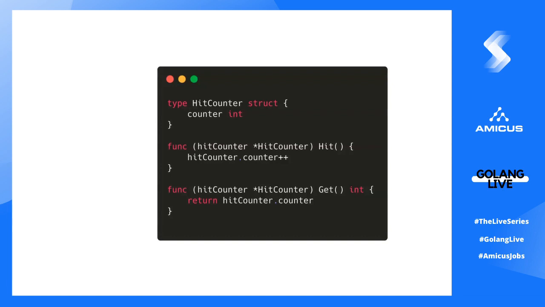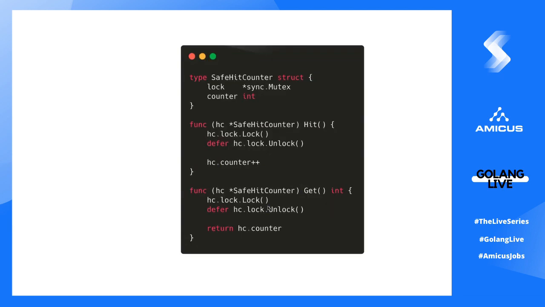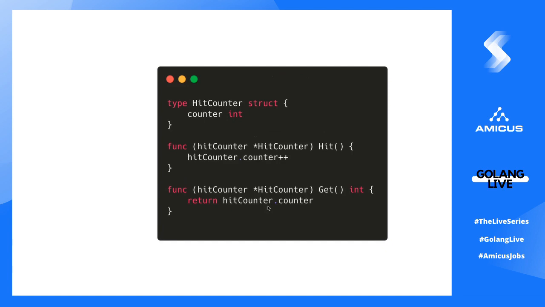Now let's actually see how to deal with thread safety issues when you have them. In this example, we have a structure called hit counter, which has a counter inside. This hit counter has a hit and a get function. In hit it increments the counter, in get it just gets the counter. This is an example of a structure with functions attached to it which is actually not thread safe. This is different from before, because if we now have multiple Go routines which have access to the hit counter, and multiple Go routines are accessing hit or get at the same time, then you can run into issues